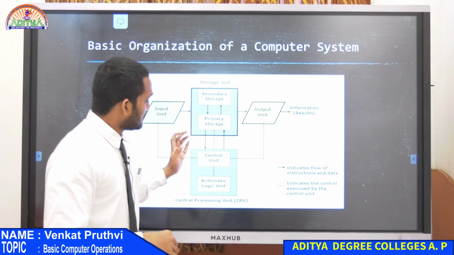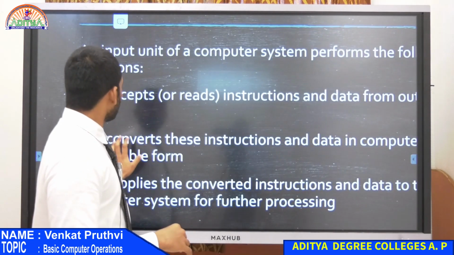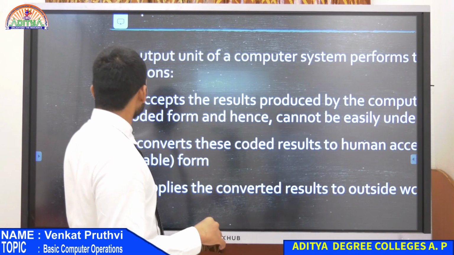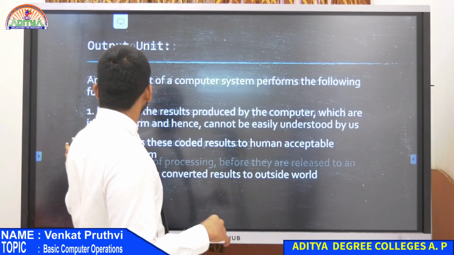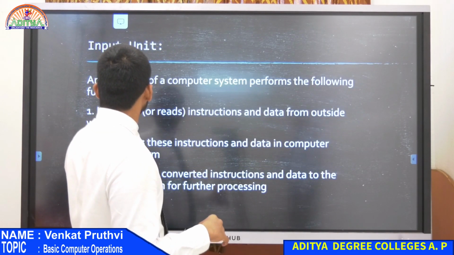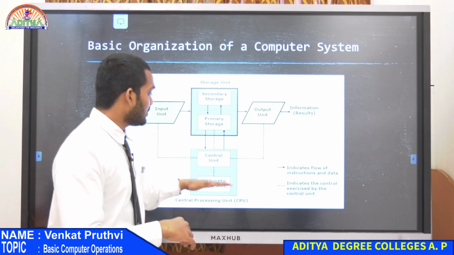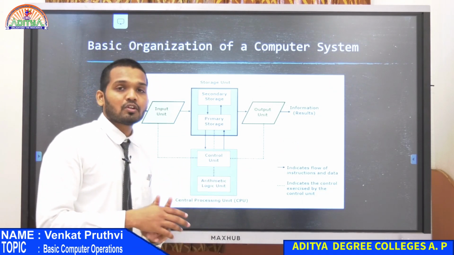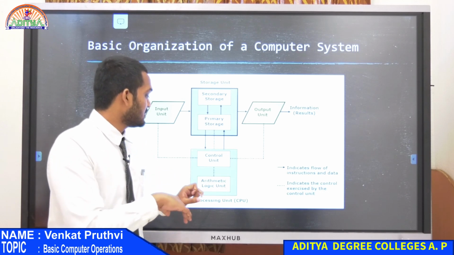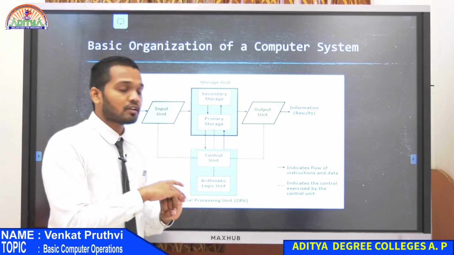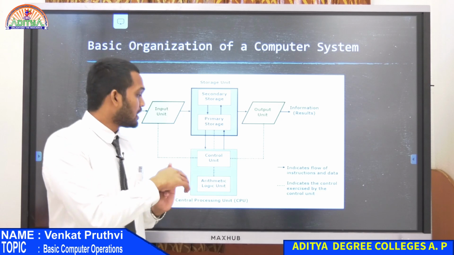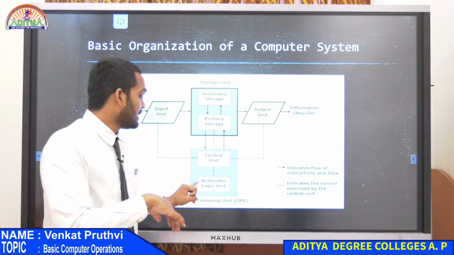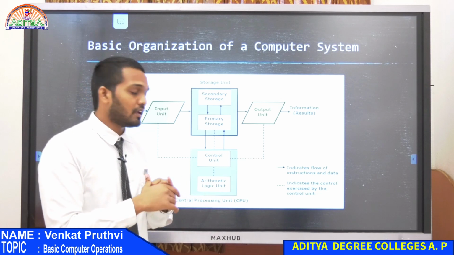Now, yesterday I was trying to explain this diagram. We are talking about the CPU right now, and the lower part of this diagram shows us the CPU. Inside the CPU, we only have two components. One is the arithmetic and logical unit. The second one is the control unit. The control unit is generally called CU, and the arithmetic and logical unit is called the ALU.